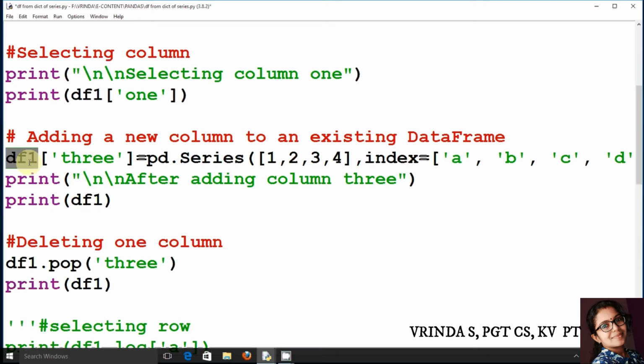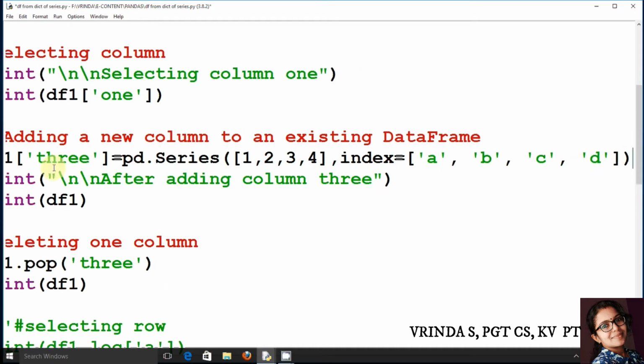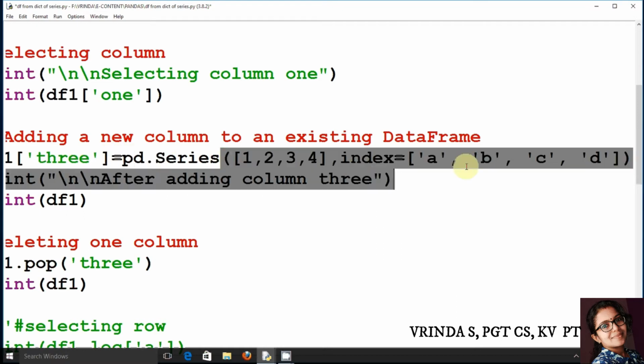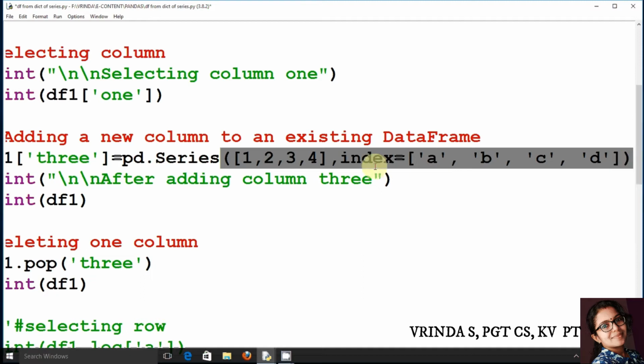It has 1 and 2 as the column headings already. I am going to add one more new column, that is 3. How can I add? I am creating a series object with values 1, 2, 3 and 4, and the indices are A, B, C and D. Just check the statement pd.Series. This is just the syntax for creating a series.